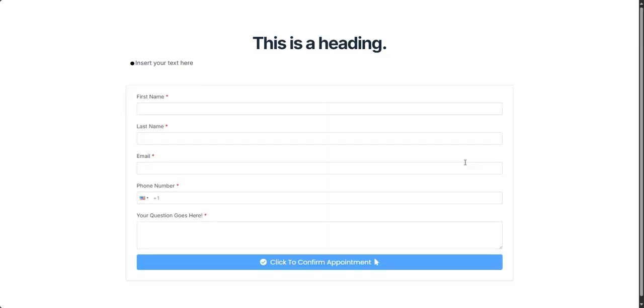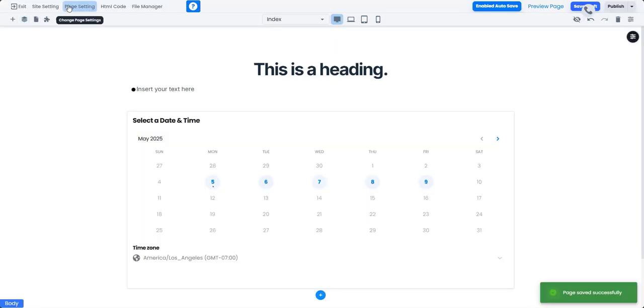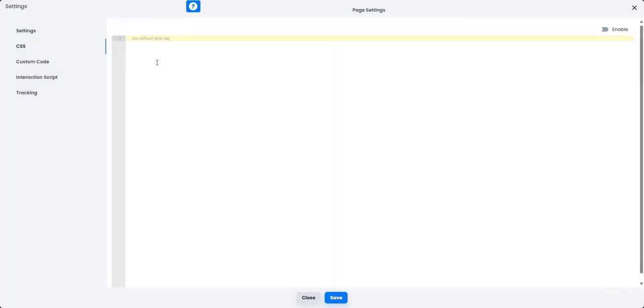Yep, Poppins is coming through everywhere, but it won't come through on the form. The labels will still show the basic font, and then we have click to confirm here on the button as well. That was changed to Poppins too. Just something to be aware of. And if you desperately want to have a specific font all the way through, there's a really quick little page settings CSS, and you can just do